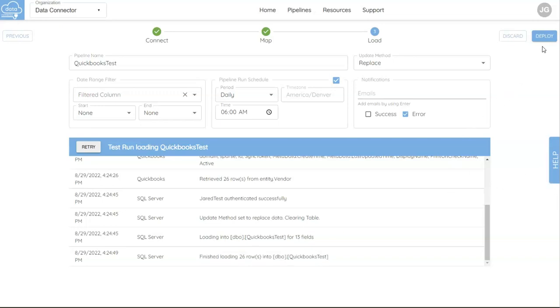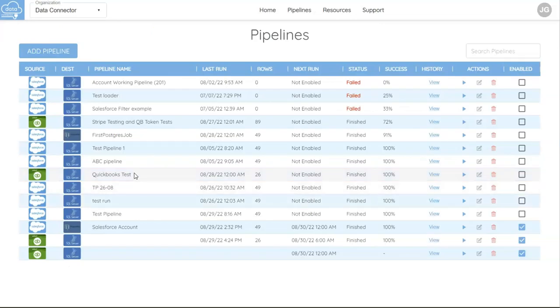The last thing I'll want to do is deploy, and after I deploy, I should see my newly named pipeline. You can see right here that I now have this QuickBooks Test